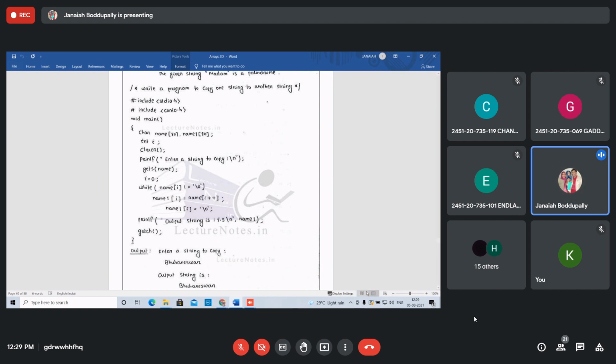So see this. Take the result and take the integer value I, that is for index. Just copy one string to other string. While first string of I is not equal to 0, it means it is not the last character. Then I plus plus means increment of the first string index. Then take it as the first index. Second, I will show this.